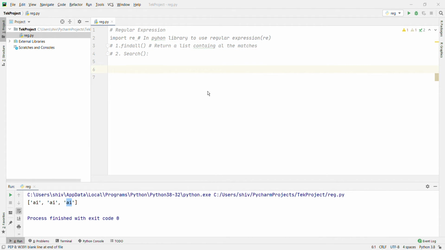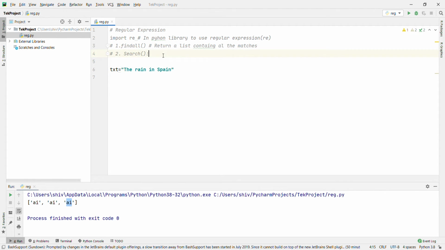Let's start with the text: text equal to "the rain in Spain". What will the search function do? It searches a string for a match and returns a match object if there is a match.